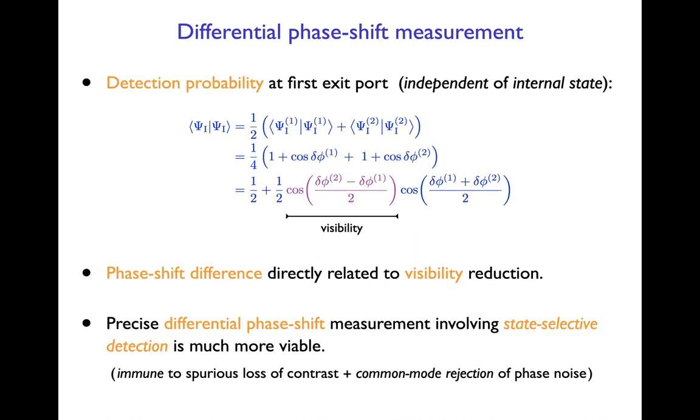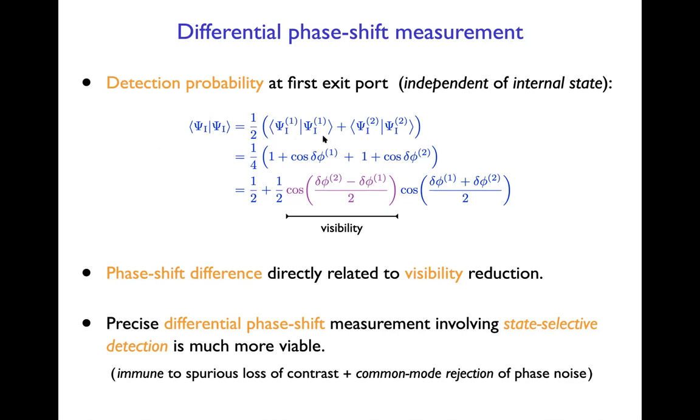Before getting to that, let me reconsider, or rederive, if you want, this change of visibility in a slightly different way, using the tools that I introduced and focusing on the evolution of the different internal states. The clock state would still be the superposition of different internal states, but now we follow the evolution of each one of the two internal states. And then, of course, we look at the interference effect at the end. So the probability of detecting your atoms, your clock, at one of the exit ports can be written